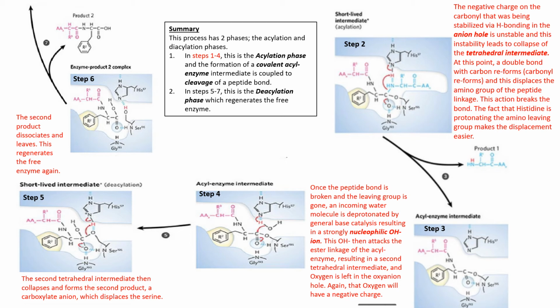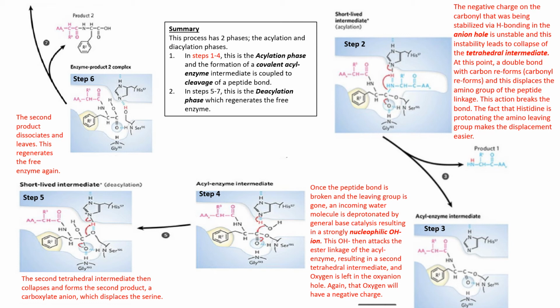Here's step 3. So you can see that the leaving group is gone. Once the peptide bond is broken and the leaving group is gone, an incoming water molecule is deprotonated by general base catalysis, resulting in a strong nucleophilic hydroxide ion. This hydroxide ion then attacks the ester linkage of the acyl enzyme. You can see the attack right here,